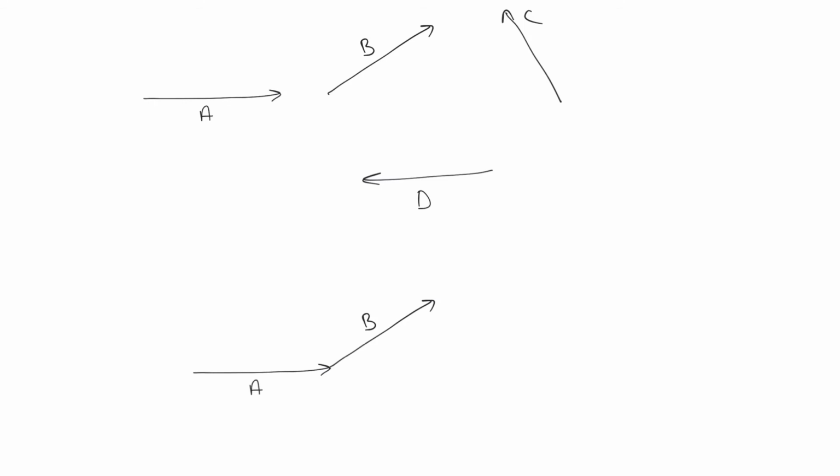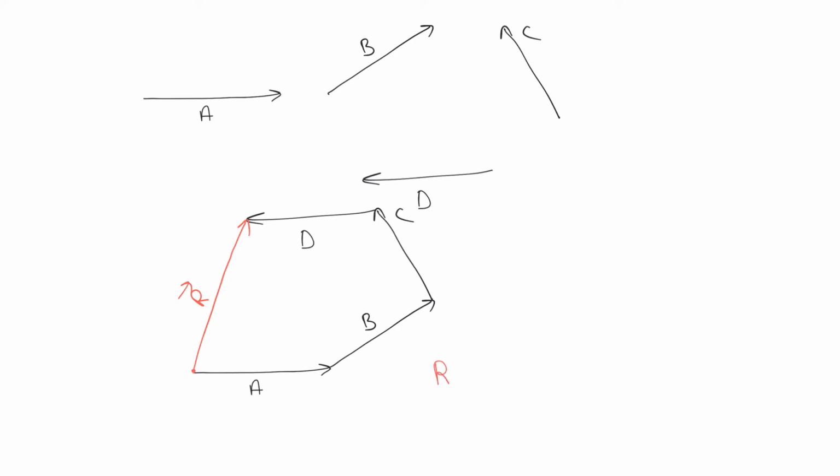Now we take the c vector, and again the tail of c is in contact with the head of the b vector. Now we take the d vector and keep these vectors over here. This is the c vector and this is the d vector. So basically we are adding a vector plus b vector plus c vector plus d vector. Now we draw a vector starting from the tail of the first vector to the head of the last vector, which gives the resultant vector, or r vector.